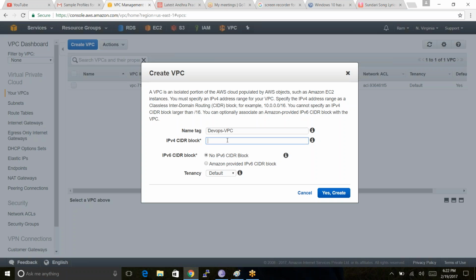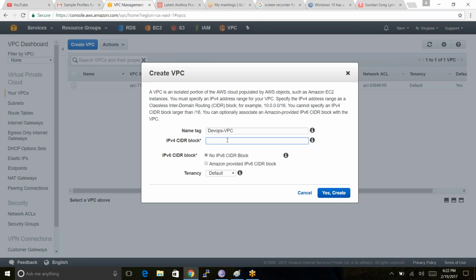AWS gives you the flexibility to choose the IP address here. In traditional environments you have the option to choose the IP address, and here we have flexibility because AWS is using CIDR, classless inter-domain routing.